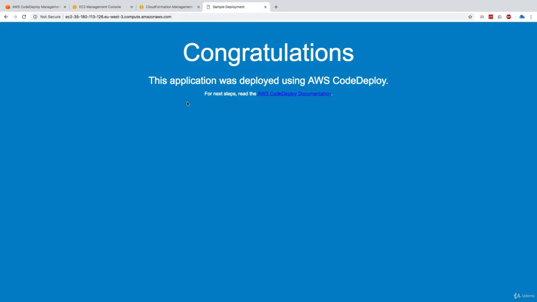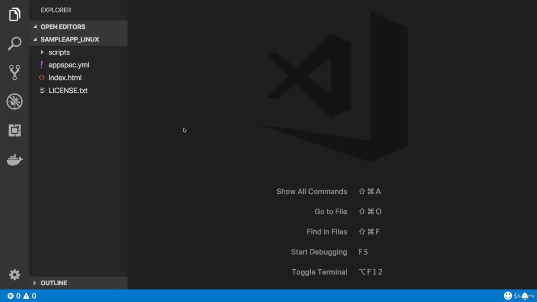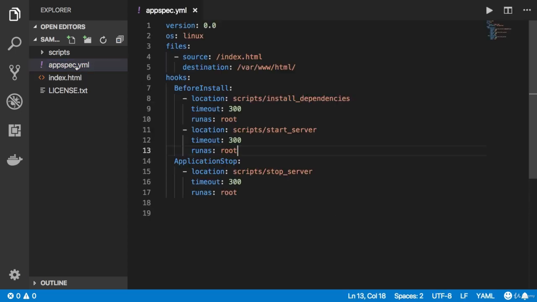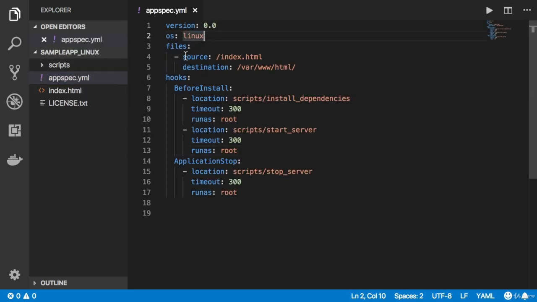So now you maybe wonder how does this happen and what was deployed onto the instances. So let's go ahead and see this. This is the content of the zip file that was uploaded onto our EC2 machines, and I could download it straight from the wizard. And as we can see, there's a bunch of files, but more importantly, there's an appspec.yaml file right here, which basically shows us how the deployment was done.